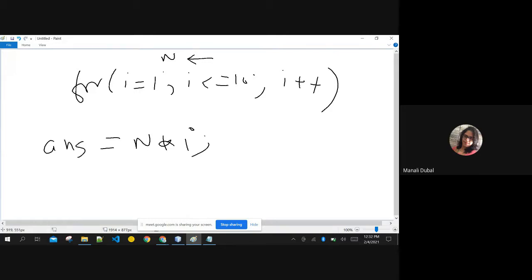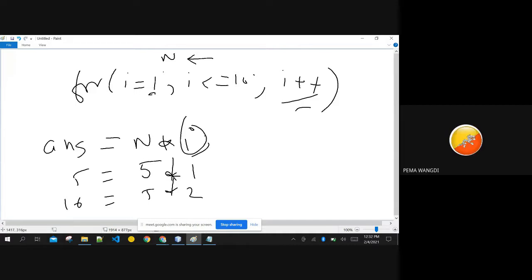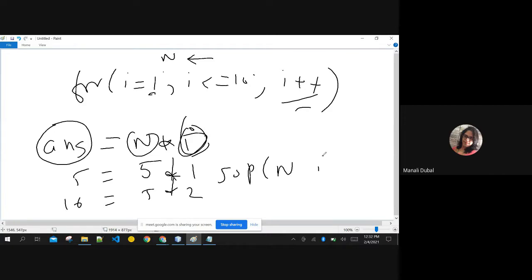This i will start with 1, so it will be 5 into 1, that is 5, then 5 into 2, that is 10. i will increment automatically. And print answer. You have to print n and i and the answer all together in the loop itself, using SOP: first print n, then i, and then answer, right? Okay, madam. It's easy. Yes, exactly.